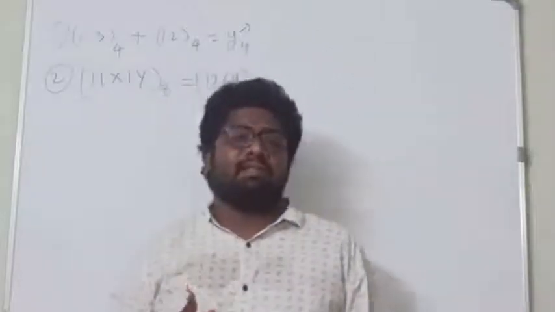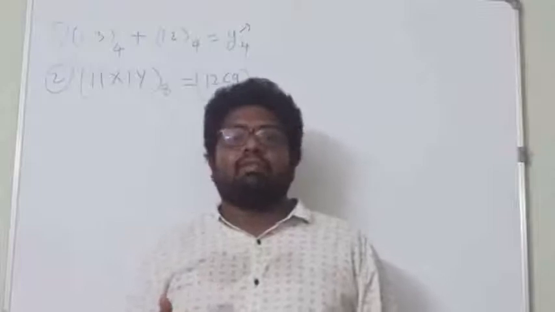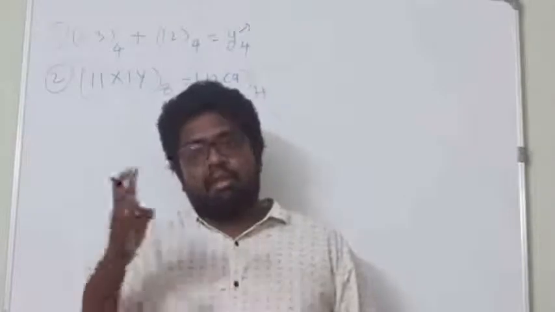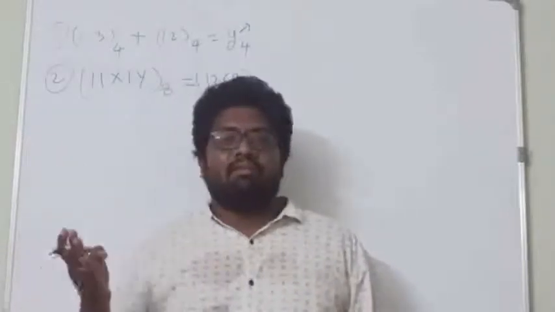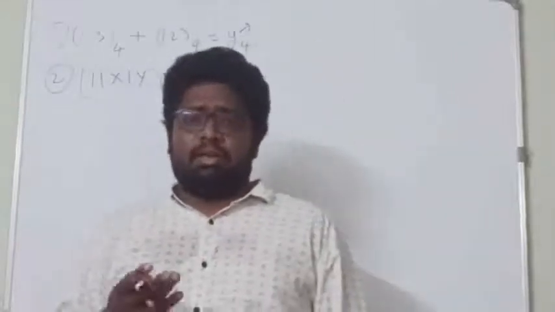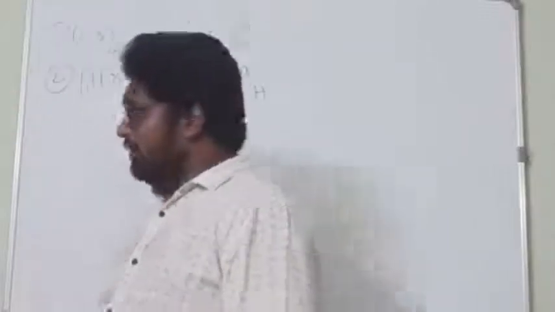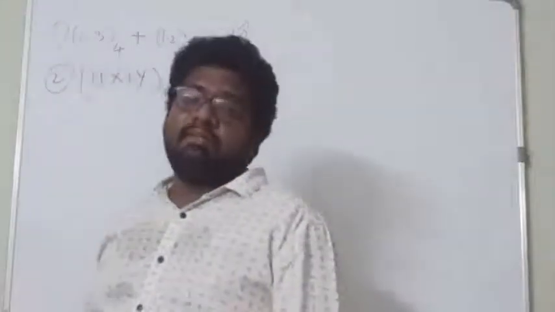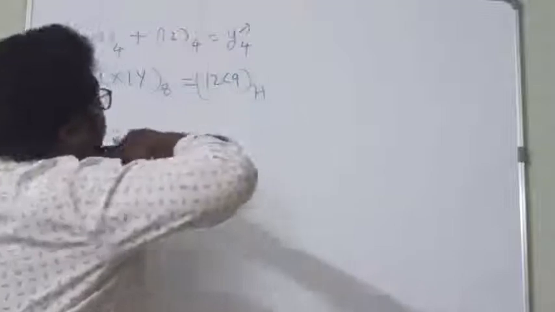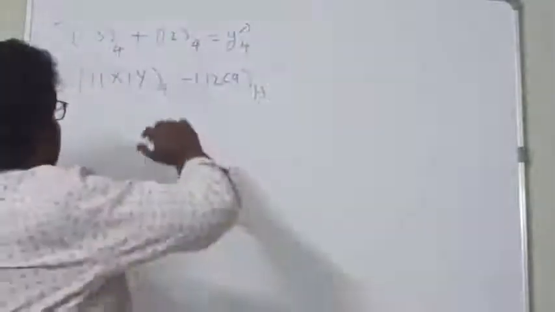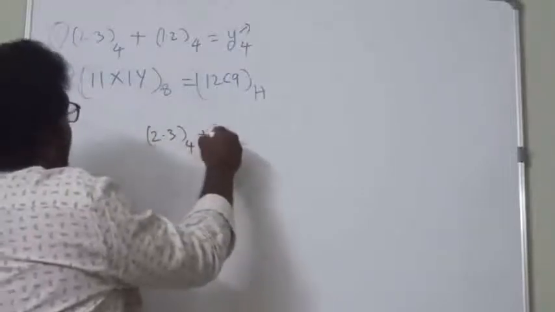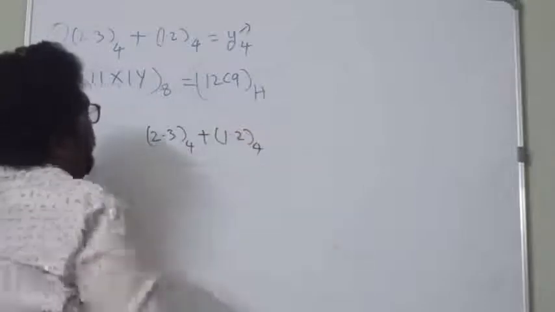In the first example, it is given with base 4. As we discussed in our first class, a number system consists of number systems from the 0th to the nth number system, and we learned about the basic number systems: binary, decimal, octal and hexadecimal. Here they have given the base of 4. So let us solve this example, and we have to find the value of y. First take the LHS side, that is 2.3 base 4 plus 1.2 base 4.